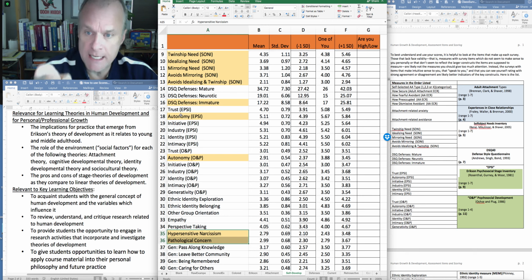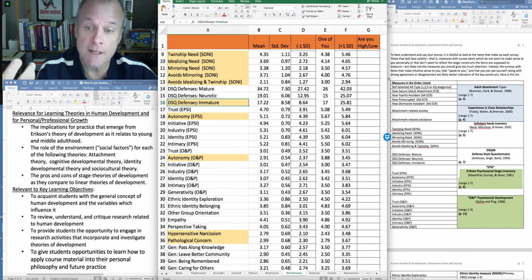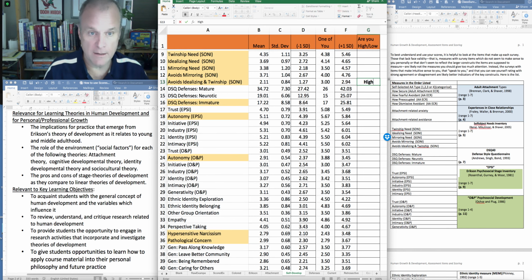Hope that makes sense. So the immature defenses are about problems in self-development. So these scores, for example, this person's in the middle here and is not high on any of these. So our example person, this one's a little high, right? So they're high here, but in terms of immature defenses, they're not high. They are actually low, however, on mature defenses, which is what you would expect. So they're not excessively high in the use of immature defenses, but they are low in the use of mature